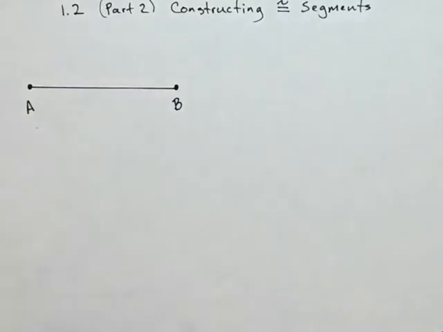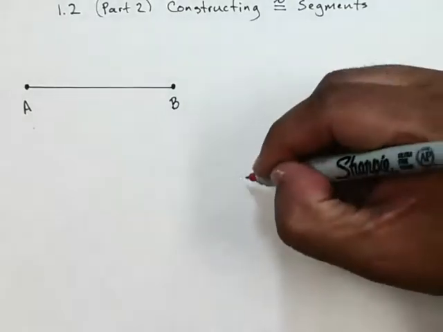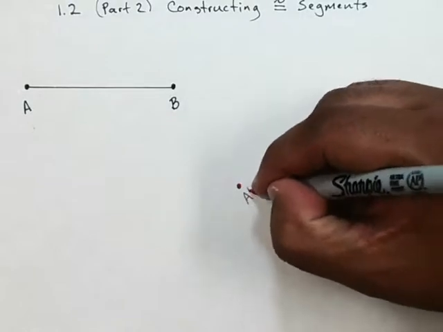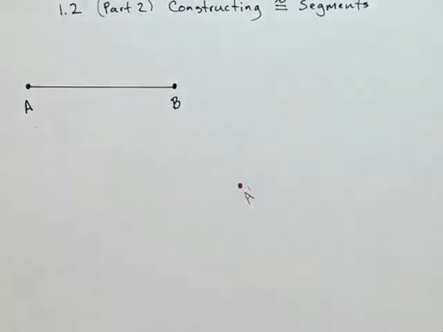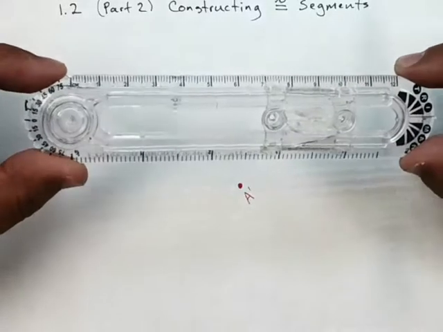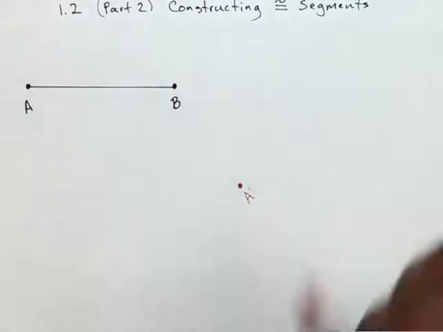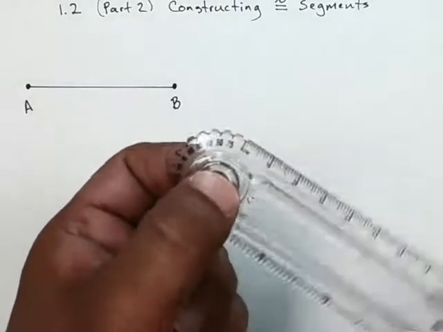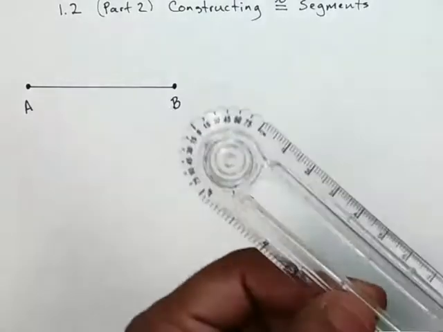So that being said, here's what I'm going to do. I'm going to first start by making some point, and we're going to call this A prime. Then I'm going to show you 2 different ways to do this. I'm going to show you using this type of compass, and then I'm going to show you using an actual compass that you're used to seeing. So here's what we do. I'm going to take this pivot part. There's a little dot right here,